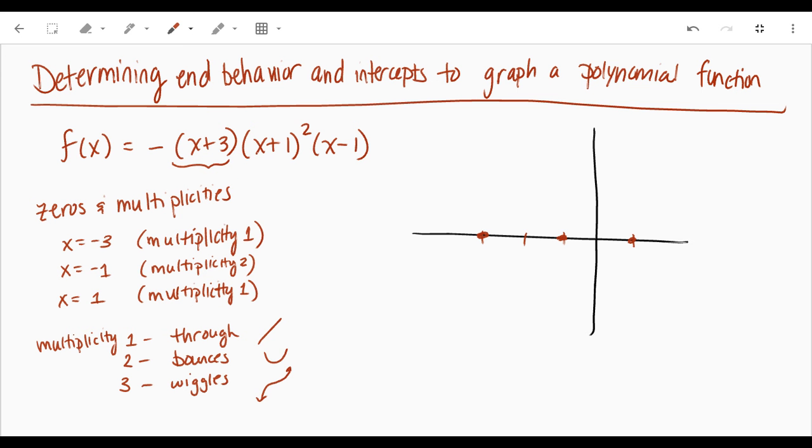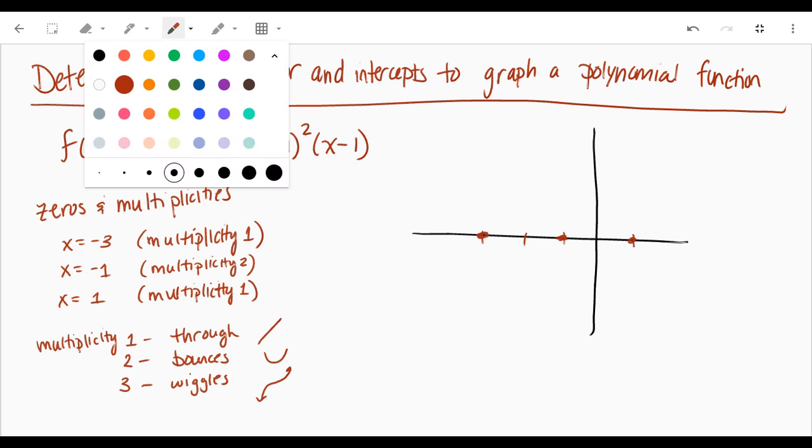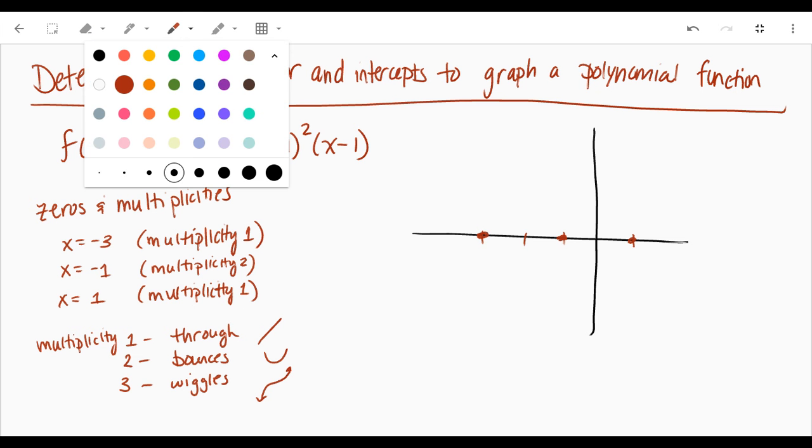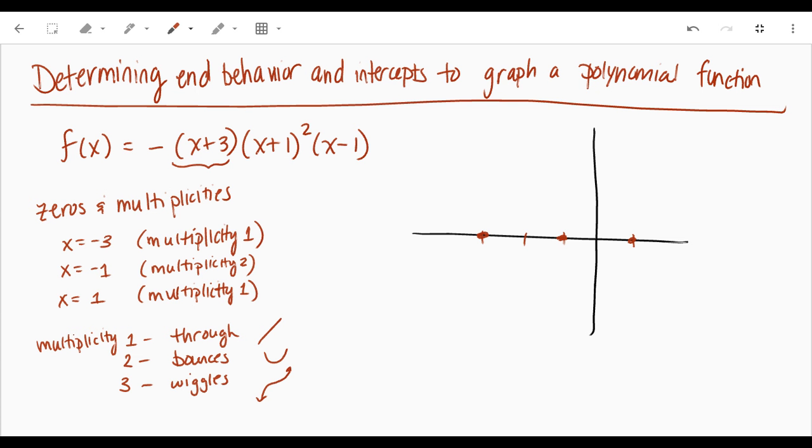So you've got your zeros and your multiplicities, but now the thing is, we know it goes through at -3, but is it going to go through like this? Or is it going to go through like this? And we don't know. That's where your end behavior comes in. So we're putting together the last two topics, right? So your end behavior for this one